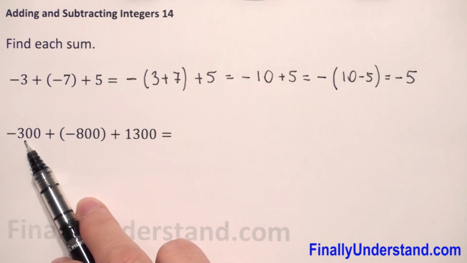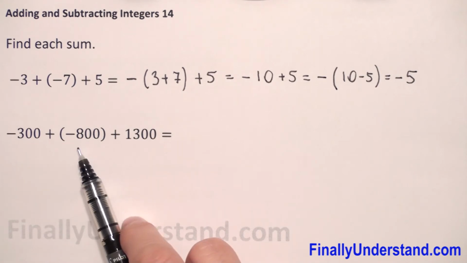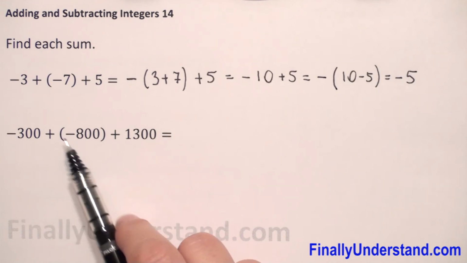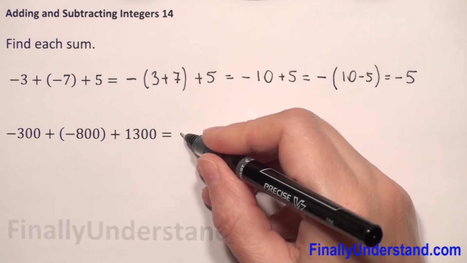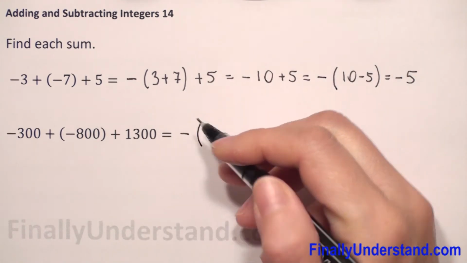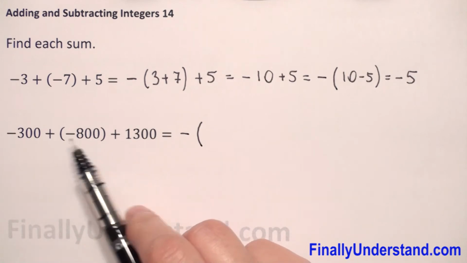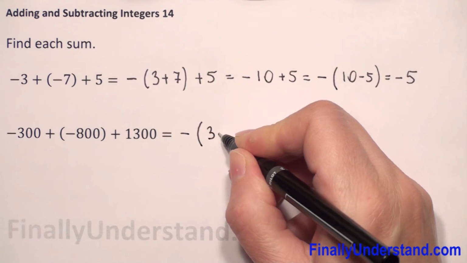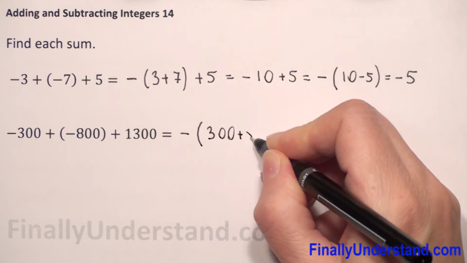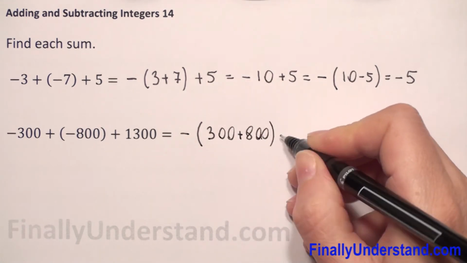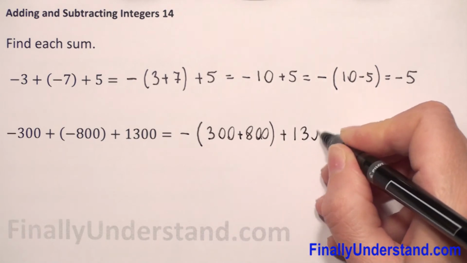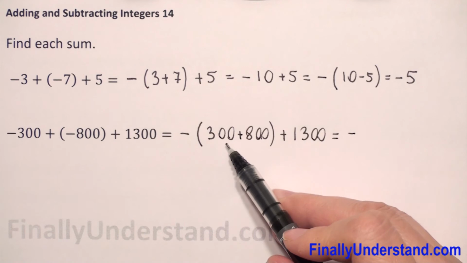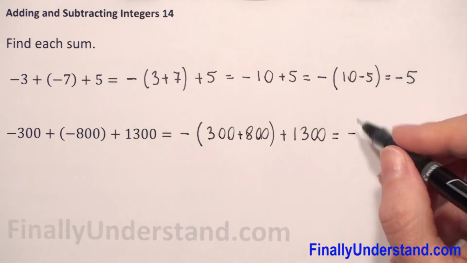We have again negative integer and negative. We have to add them. So because both of them are negative, we copy negative sign and in parentheses we just add these two integers. So we have two numbers, 300 plus 800. And we have plus 1300. So this is equal, negative sign we copy, 300 plus 800, so it will be